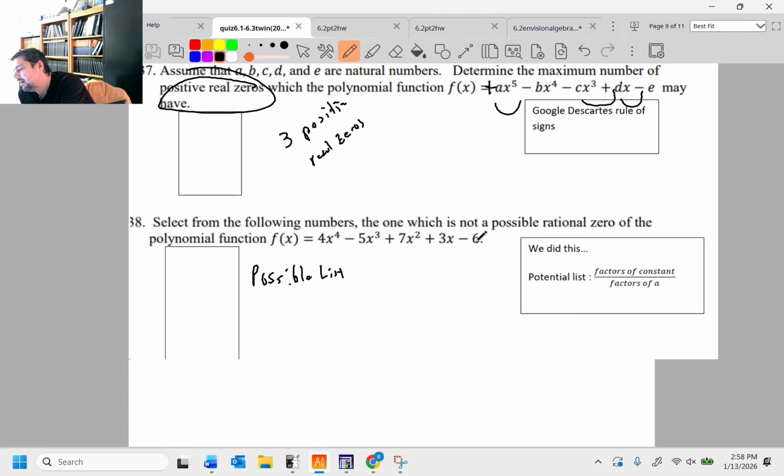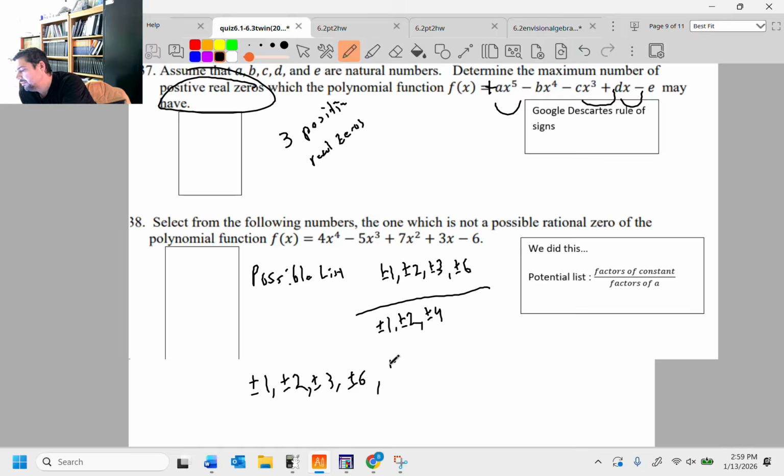Your possible list is your factors of the constant, which is 6, which is plus or minus 1, plus or minus 2, plus or minus 3, and plus or minus 6, over factors of 4, which is plus or minus 1, plus or minus 2, plus or minus 4. Then you make a list. You go through and you take every single number, you divide it by 1. You get plus or minus 1, plus or minus 2, plus or minus 3, plus or minus 6. Then you divide by 2, plus or minus a half, plus or minus 1, plus or minus 3/2,